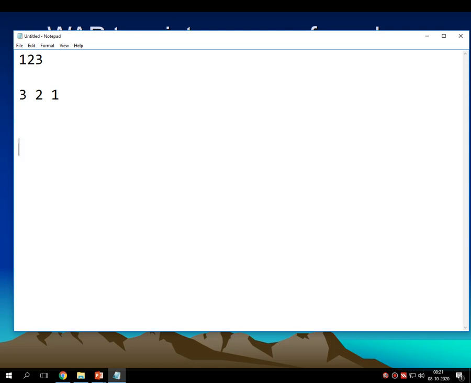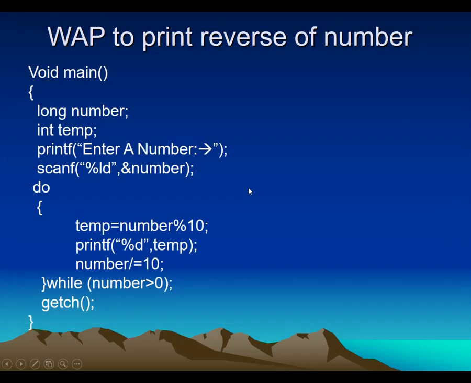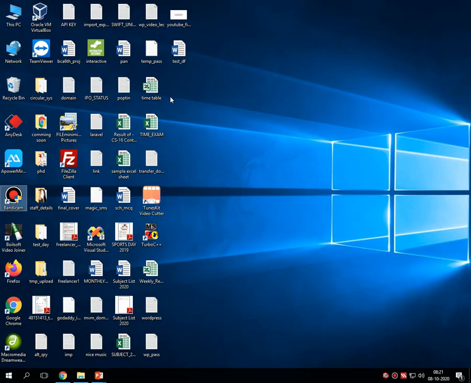Another example: if my number is 431, then the output would be 134. In this way, we need to write the program for reversing a number. So let's see how we can write this program using the do while statement.